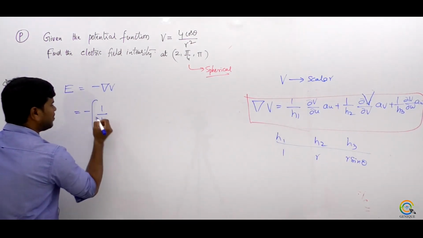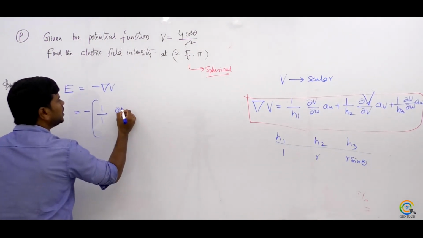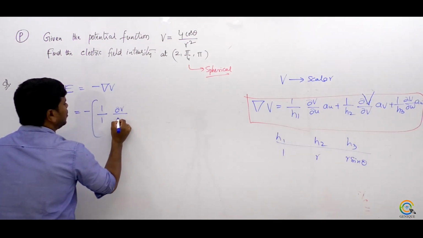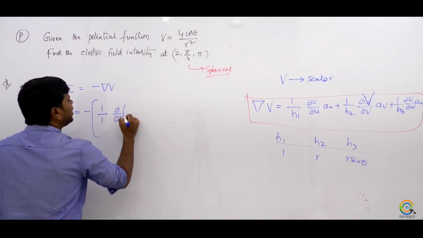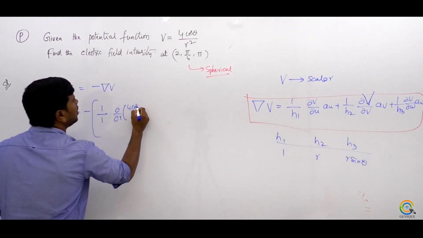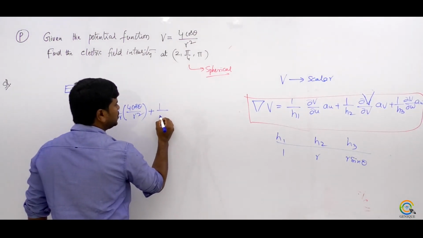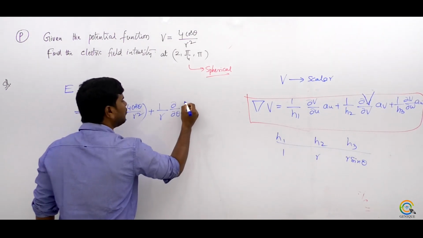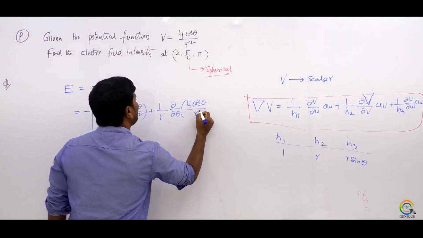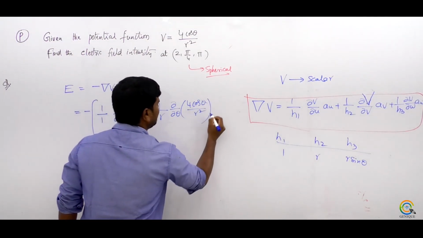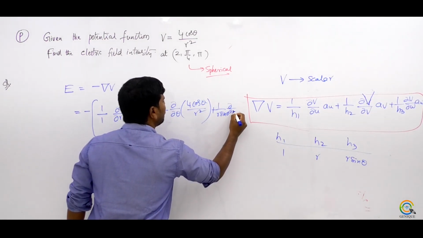What is H1? 1 divided by 1, ∂V by ∂R. Okay, what is V? Write directly. ∂ by ∂R of V is what? 4 cos theta divided by R square, plus 1 divided by H2. H2 is R. ∂ by ∂theta of 4 cos theta divided by R square, plus 1 divided by R sin theta, ∂ by ∂phi of